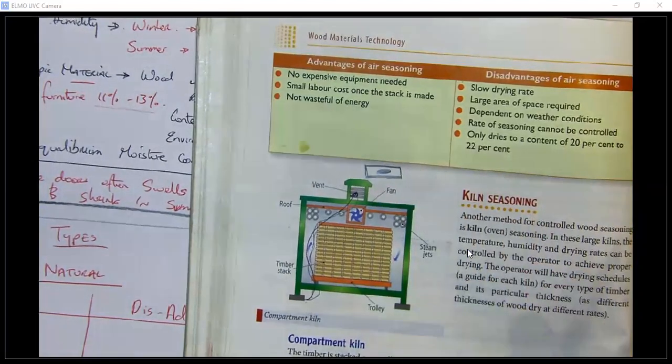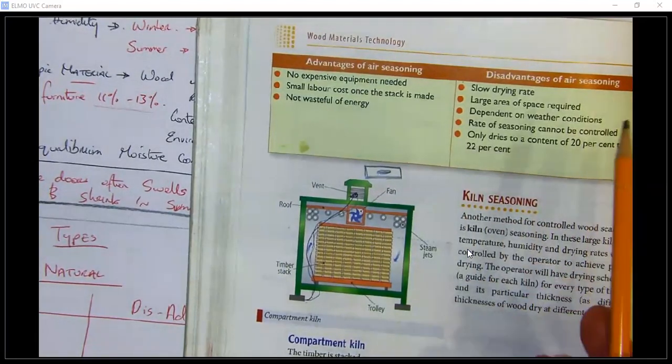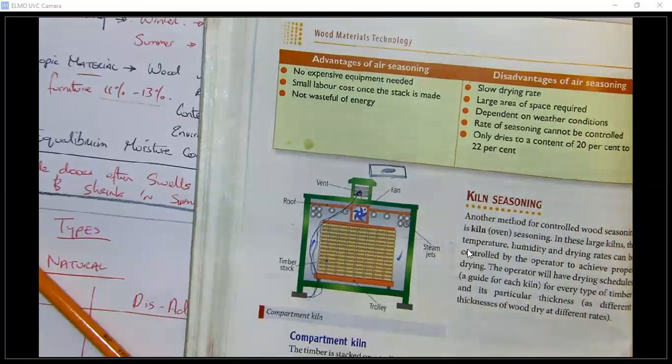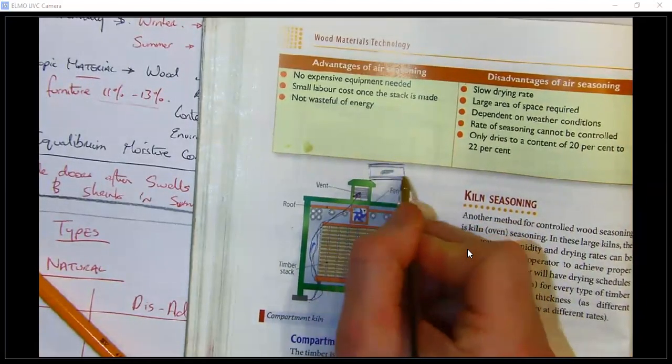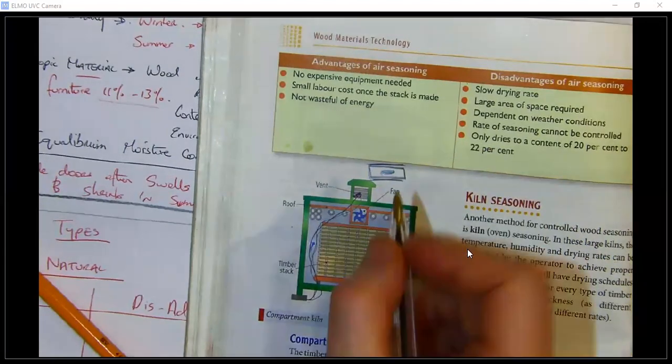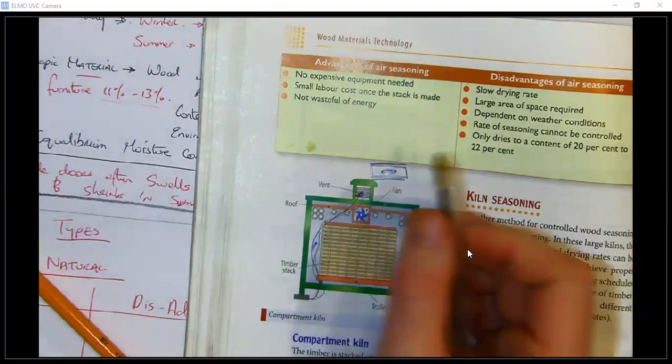It's very similar to when you toast your bread. When you put your bread in the toaster, it dries out the outside of the toast really quickly, so it dries out this side and this side here. But when you break open your toast, the bread in the middle is a lot